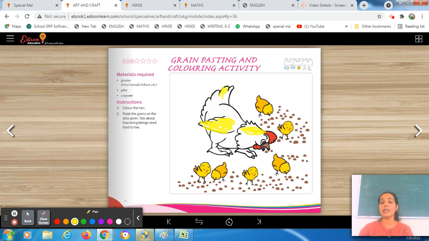Okay, so in this session we are going to cover our English subject as well as our creative work. In our English we completed our page number 12. In that we are doing the passage reading, and in creative work we do coloring in this hen. You all have to color the hen very nicely. That's it for your today's session. We will meet in our next session.